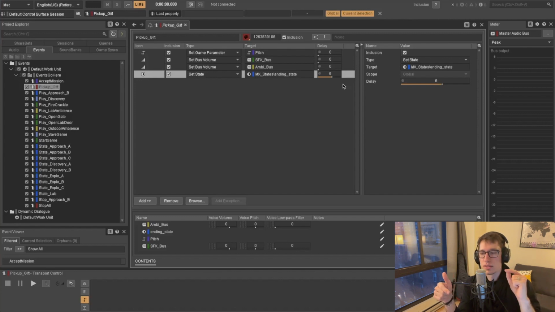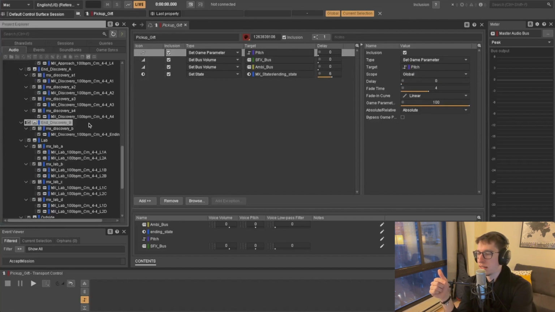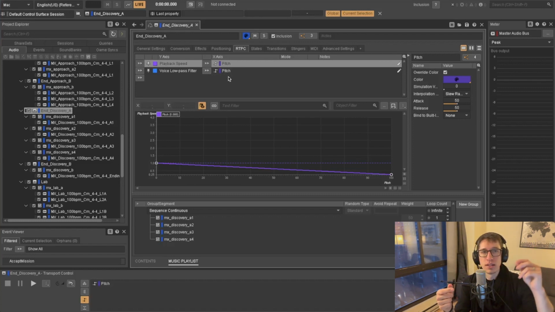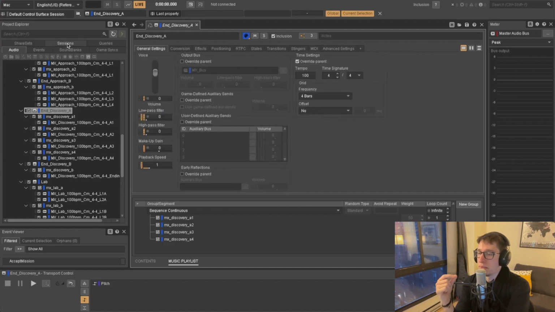But because this pitch parameter here is actually changing, it's changing not necessarily just the pitch, but the playback speed. So it sounds like it's changing the pitch, but it's actually the playback speed. And because of that, what was like a 100 BPM movement became like a 2 BPM movement. And when I triggered it the first time and I was listening to it, I was like, where is this transition? It's not coming in. It's all because it was just moving at a much slower pace, and the transition never really happened. So the fix was to make it an immediate